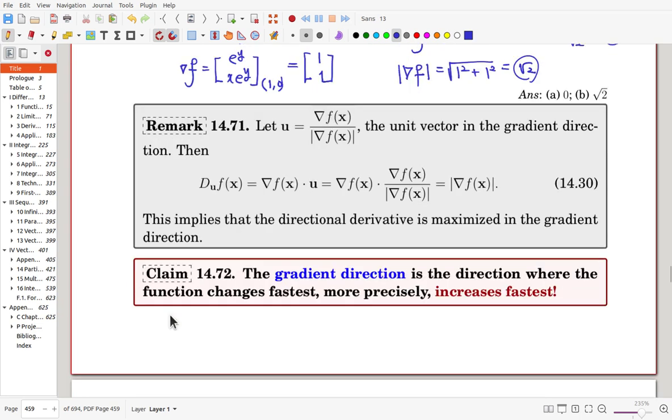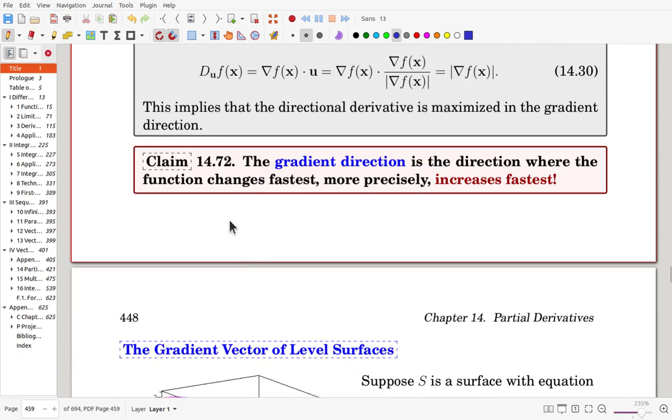The gradient direction is the direction where the function changes fastest. More precisely, increases fastest. The gradient direction is the direction where the function increases fastest. At this moment, I would say this one. Derivative is always increasing direction. You learned